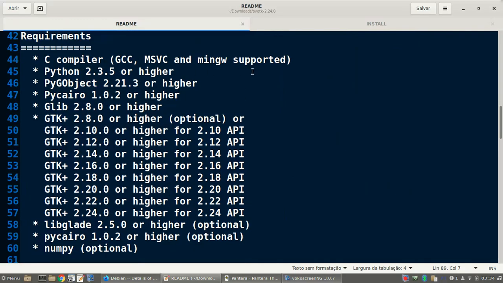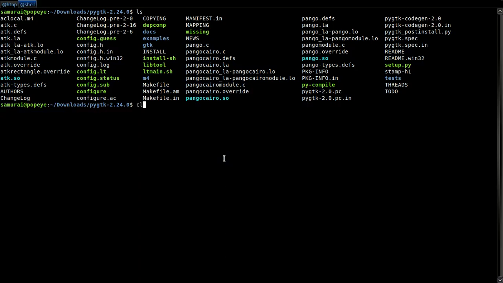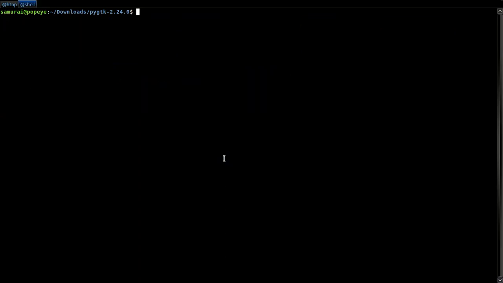So here we have a very important information about Python. Python 2.35 or higher. Alright, and what? So let's go. Let's call our shell. Let me clear this and let's do something like this. Let's paste what we copy, and the place is user lib slash python 2.7. It's higher. Okay, and let's execute.